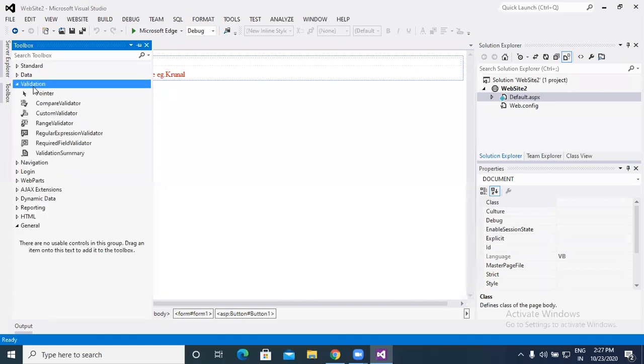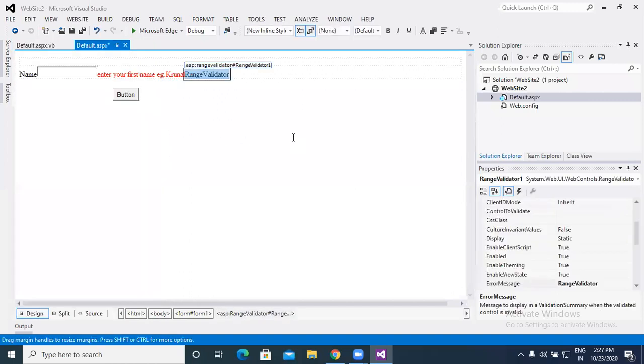Now next is the range validator. The range validator is basically useful for accepting a range. For example, in India the mobile number is 10 digits. After those 10 digits, if you put in more, it does not accept 11 or 12.